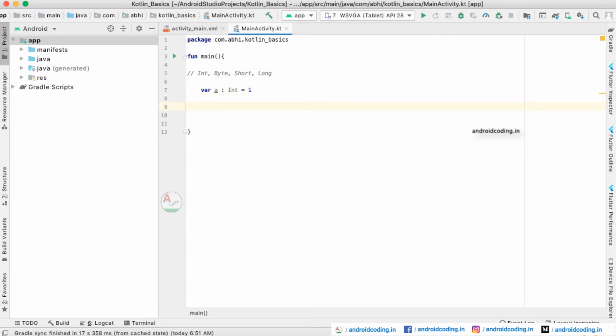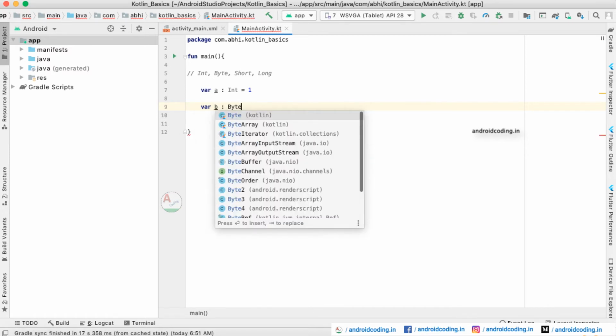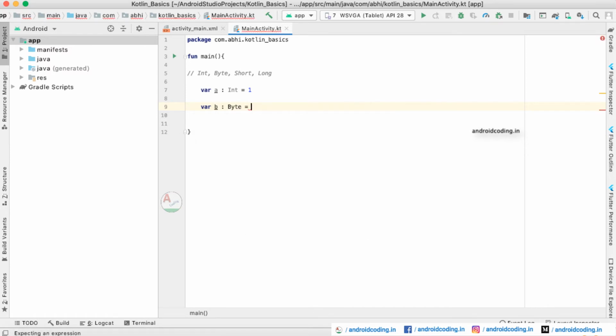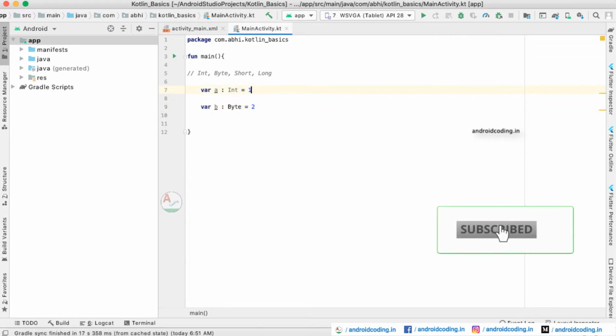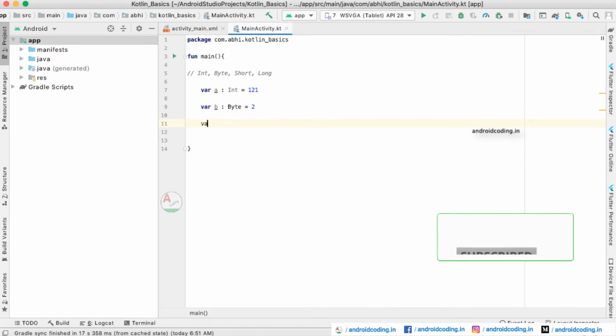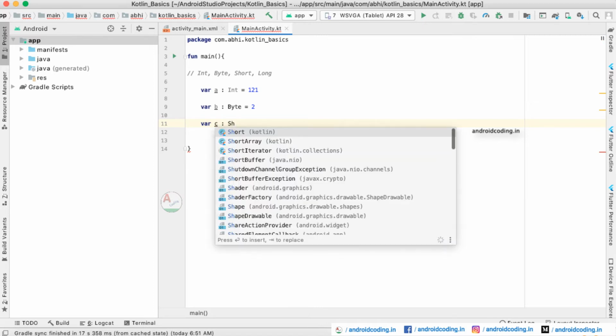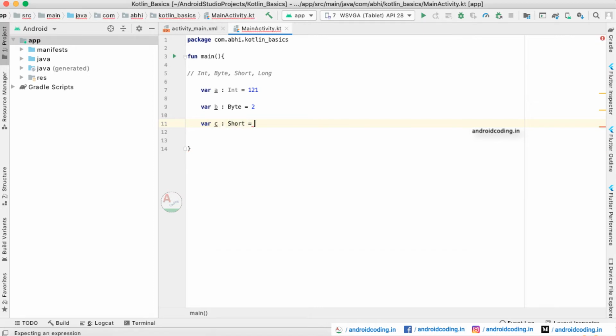Now I am declaring another variable, and here I am calling it a byte, and let us provide some small number over here. Variable c is considered to be a short data type here, so let us declare some number.